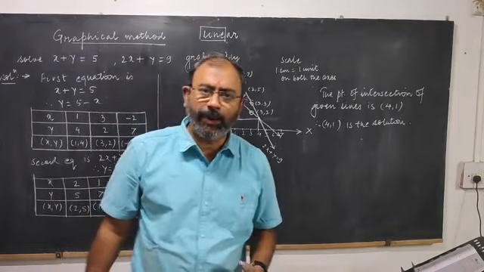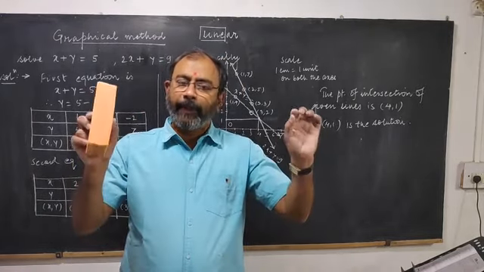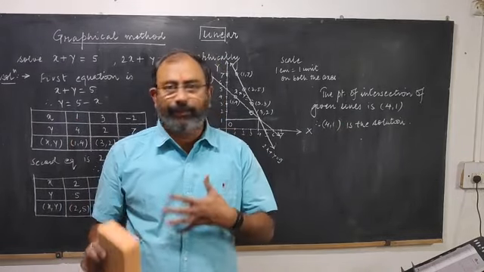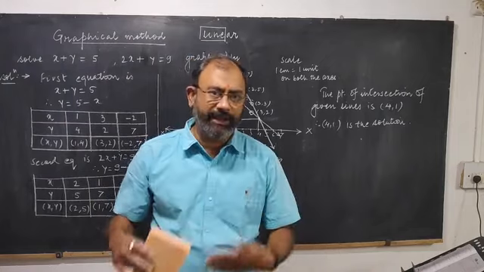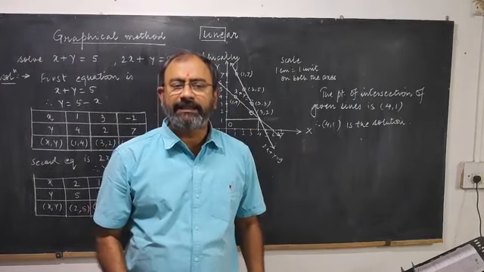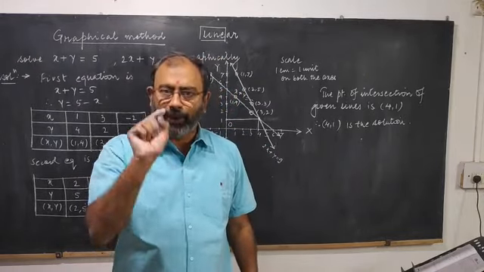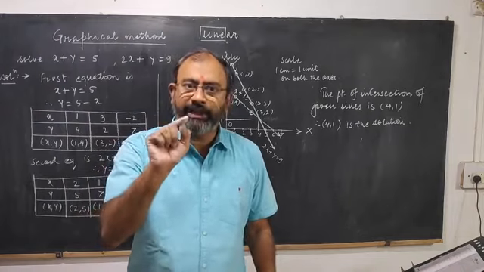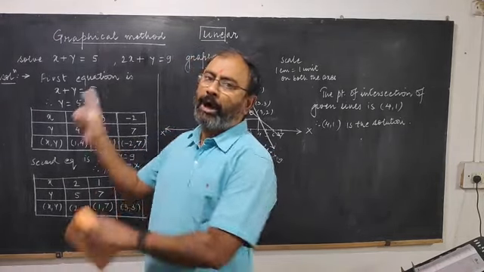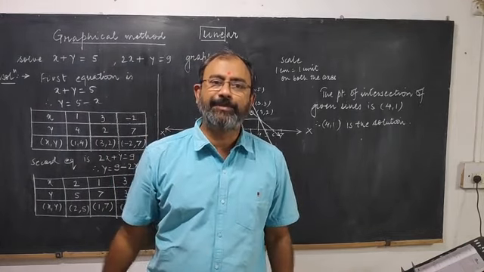So let me summarize what we have discussed in the graphical method. You are given two linear equations. From the two linear equations, you have to plot their lines. Whatever you have done in the 9th standard, in the same manner you have to do it in the 10th also. The only thing here is that wherever these two lines intersect, you will get one point of intersection. The coordinates of the point of intersection are the solution of the given equations. Now I am giving you some problems for homework.